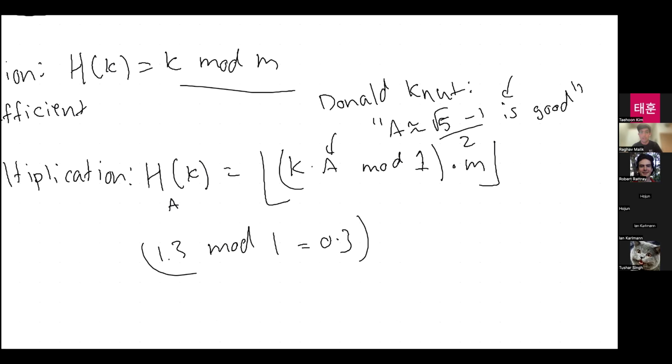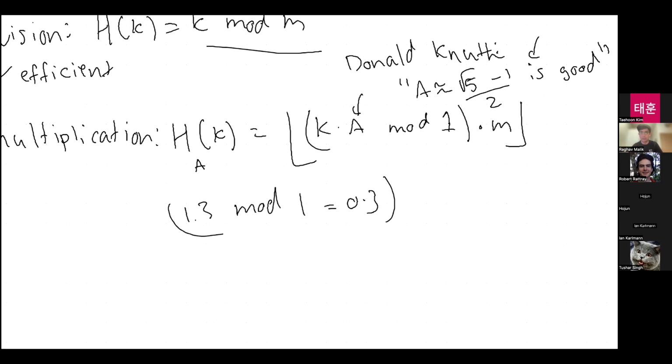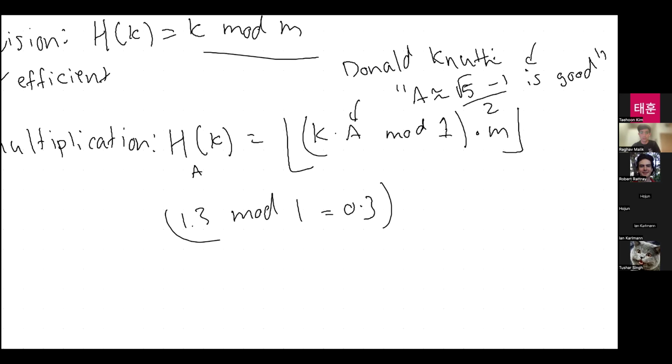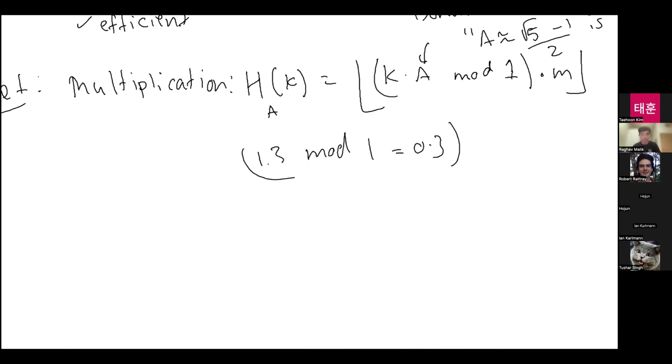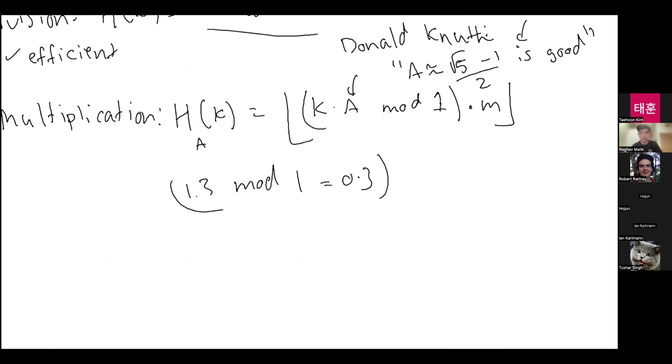But in practice, what you'll do is you'll find some approximation which is close to this irrational number, and then implement it that way, right? Hashing via multiplication turns out to be efficient if you're careful about what m looks like and what A looks like.